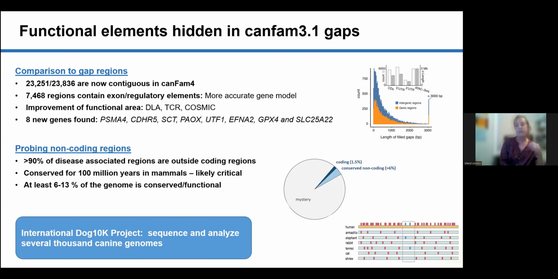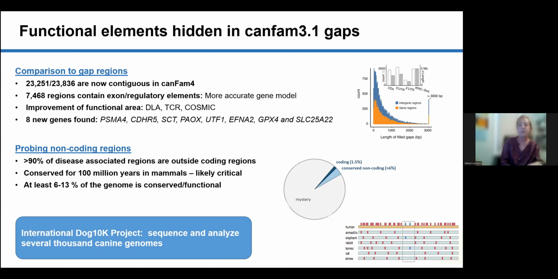And one of the big things that's happened over the past couple of years is an effort to map those conserved non-coding regions across mammals. So basically, if you can find all of those conserved regions across a huge number of mammal genomes, then you can conclude that those are critical elements because they're conserved across species. And those were absent, or in large part absent, from the original build. So now we have those conserved non-coding regions in the dog mapped, and those are functional. And we're learning more about how they're contributing to disease processes like cancer.